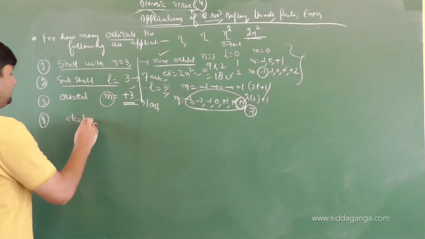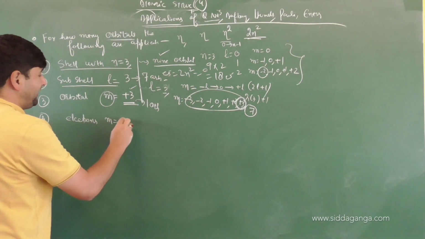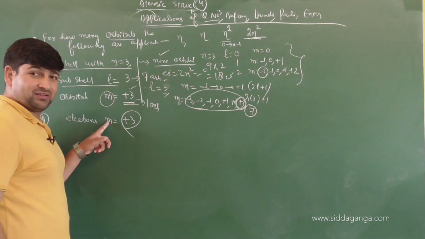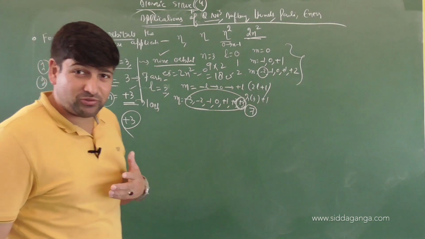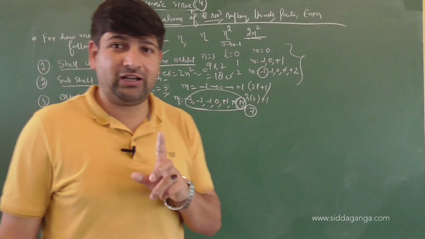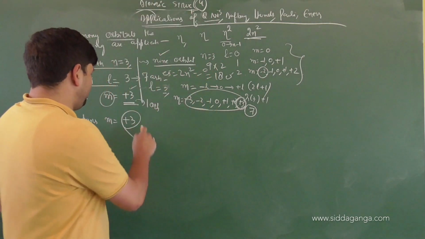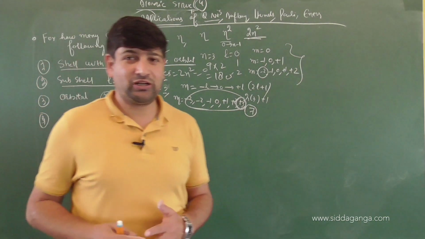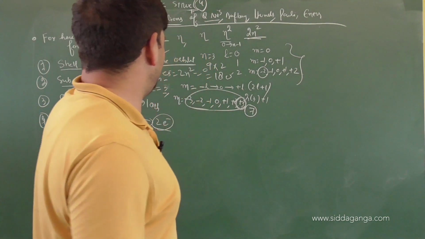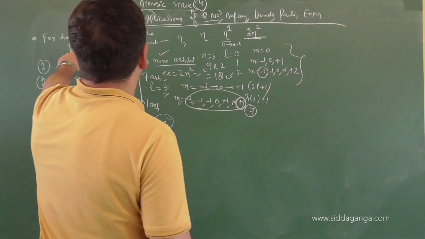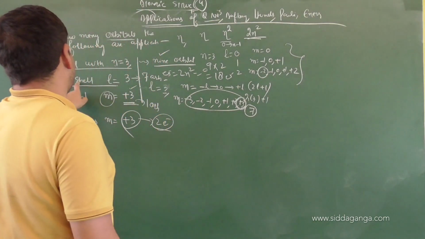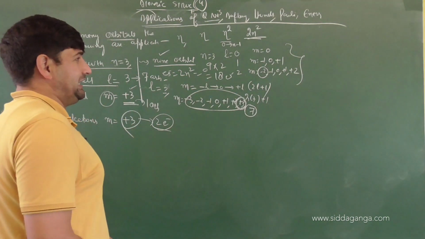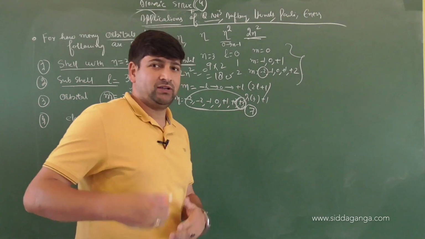If the question was like this, the fourth was electrons with m value equal to plus 3. So when m value is plus 3, that means how many orbitals are mentioned to you? 1. And each orbital can accommodate how many electrons? 2. So the correct option will be 2 electrons. I hope you are getting the points clearly. Did you understand the problem? So, for how many orbitals are the following applicable? Shell with n 3, subshell with L value 3, orbital m with plus 3, and electrons which I just added towards the end. Right, children? Next question.